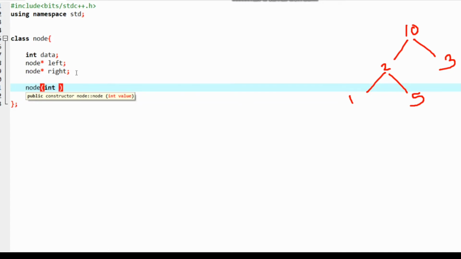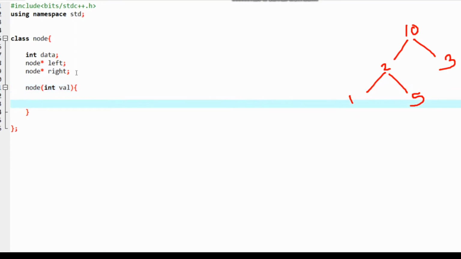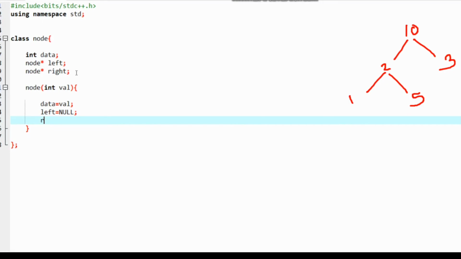I'll pass a value as a parameter and initialize the member variable data with that value. Now left will be null and right will be null. This way we can initialize a single node of a binary tree using a constructor.